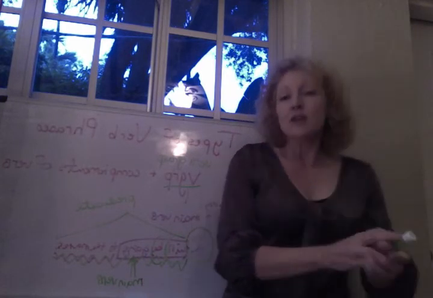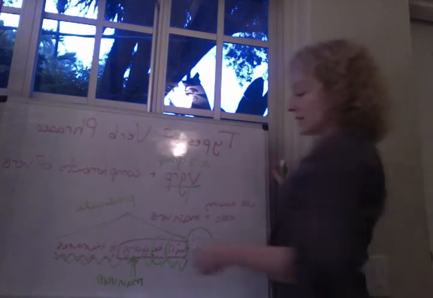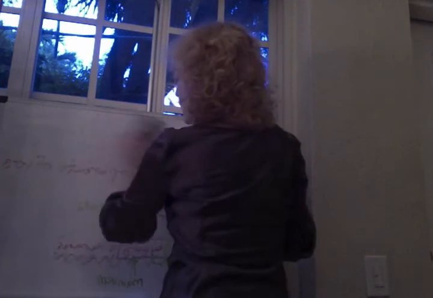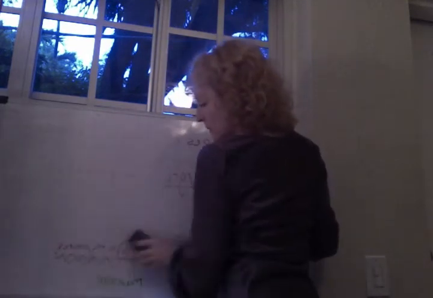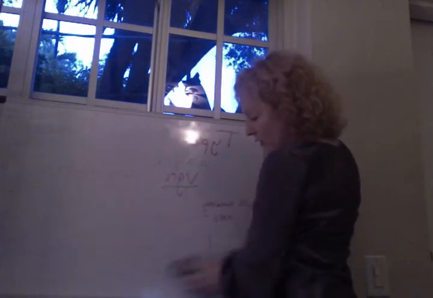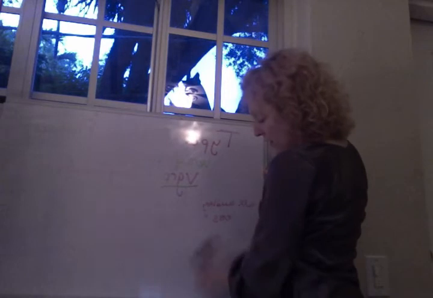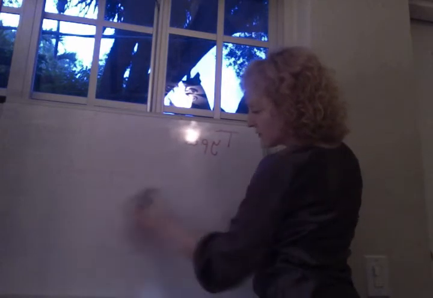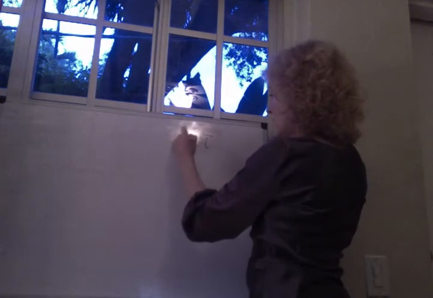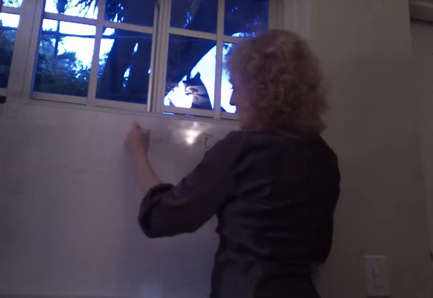So the idea is that within each predicate, within each verb phrase, you're going to have first your verb group, which is made up of your main verb and all of your auxiliary verbs. Of course, you may have a sentence with no auxiliary verbs, right? You can have a sentence that contains only a main verb. So, John saw the dog.